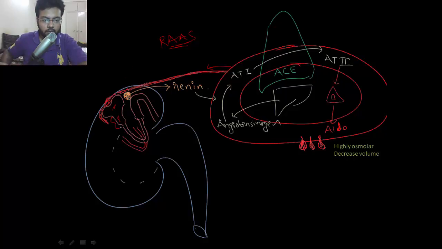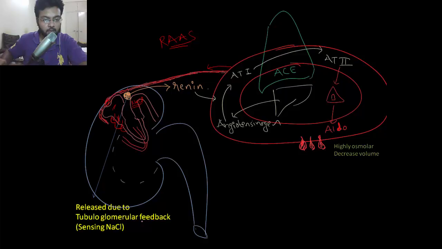Now since GFR is down, the proximal convoluted tubular cell will have more time to absorb sodium, and hence the net amount of sodium chloride reaching the distal convoluted tubule will be decreased, and this less amount of sodium chloride will be sensed by macula densa of the JGA and will release renin. This is called tubuloglomerular feedback, that means low sensation of sodium chloride in the distal convoluted tubule will release renin